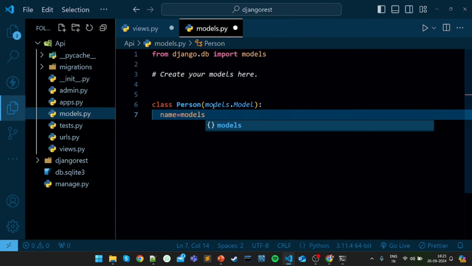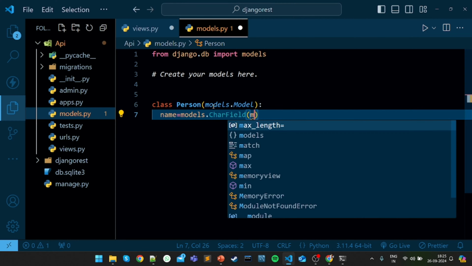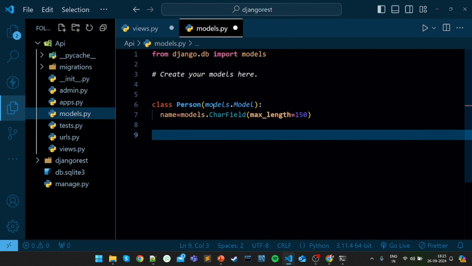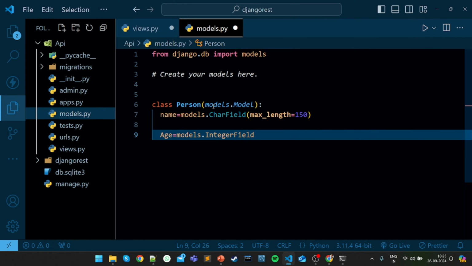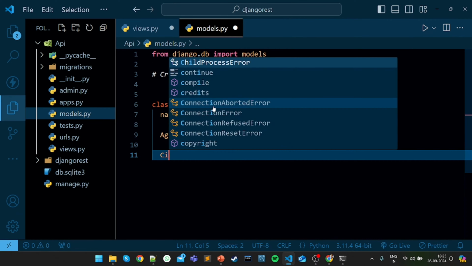That is the data type, right? So here I'm going to use the character field, and I have to mention the maximum length, that is 150 characters. Name, followed by age. Here I'm going to mention models dot integer field. Name, age, followed by the city,